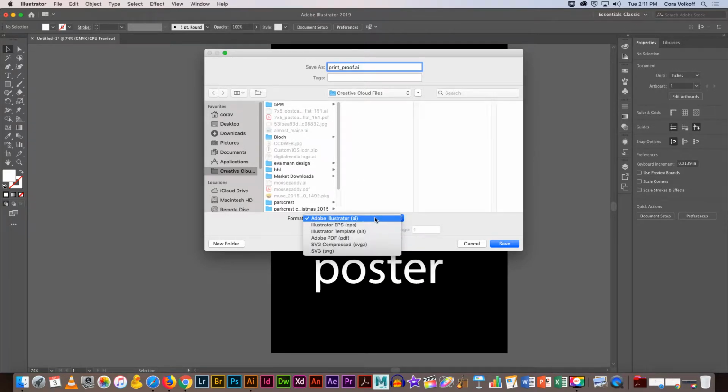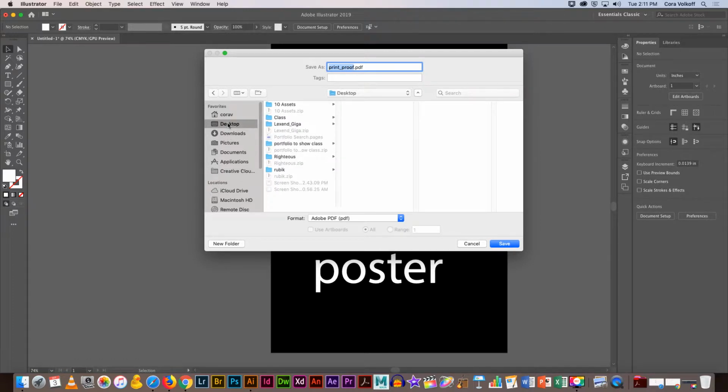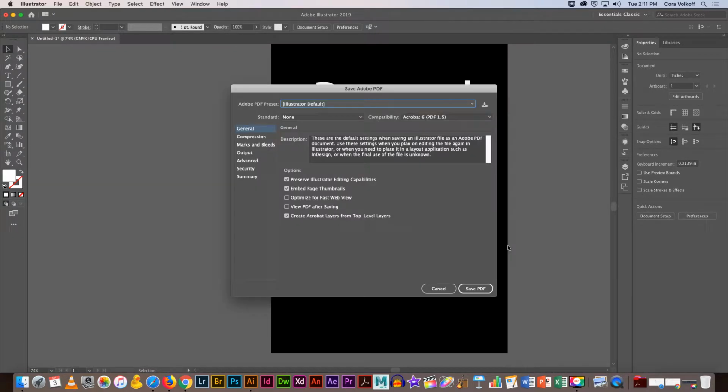And if you do a save as, a PDF is an option under here to choose. And then you can just save that onto the desktop so it's easy to find. And then you would go ahead and save that. There's some options here that you get. Sometimes you have view PDF after saving. Go ahead and click that off because it's going to view it in Adobe Acrobat, and I want to print